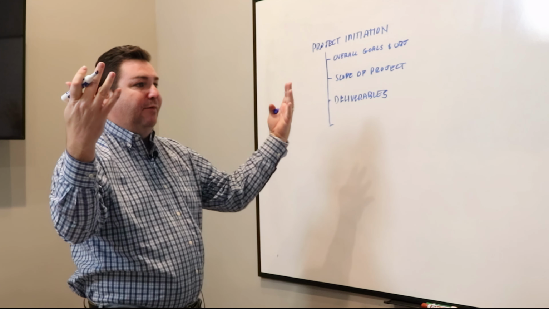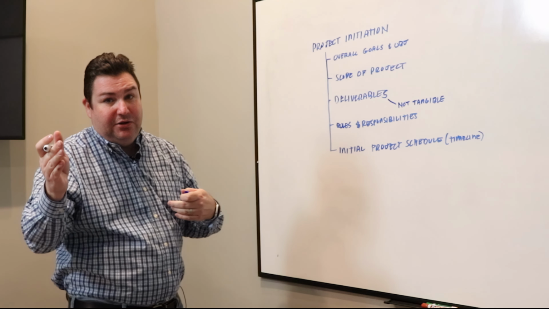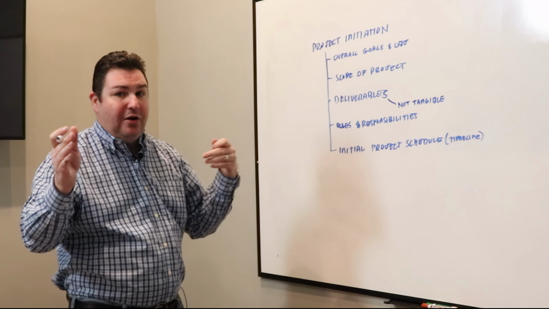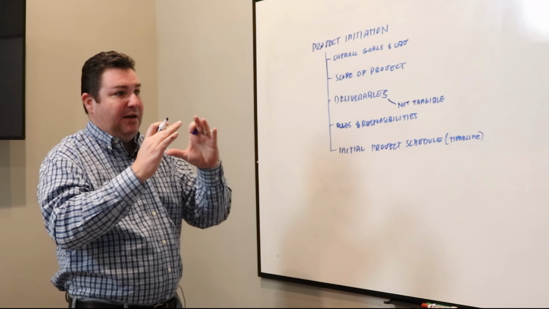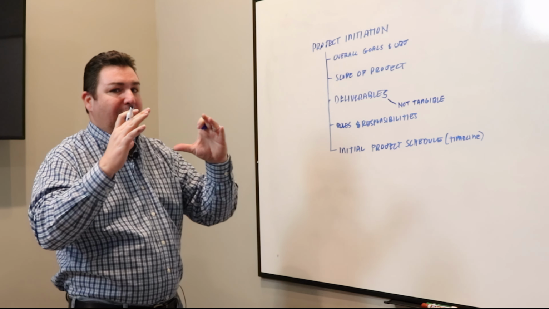So the next thing we're going to want to define is, and notice we're going to use the term here, initial project schedule, right? And we can call this timeline. Essentially what you're doing here is putting some kind of loose start and end dates around it. Based on the complexity of the project, the client's preparedness for the transition, the amount of documentation available, and the condition of the environment, all those things are going to have some impact, but that impact is only going to expand our scope by a couple of weeks.